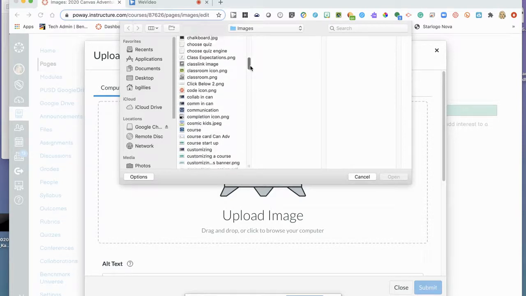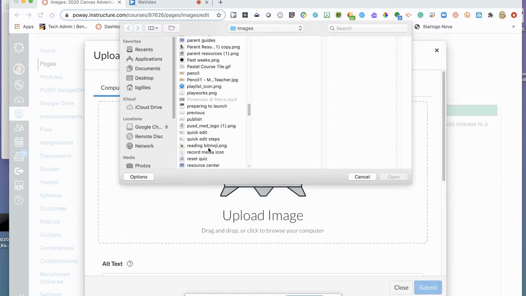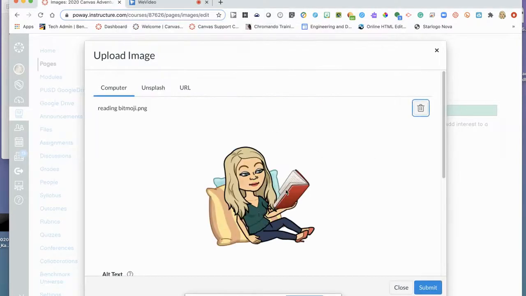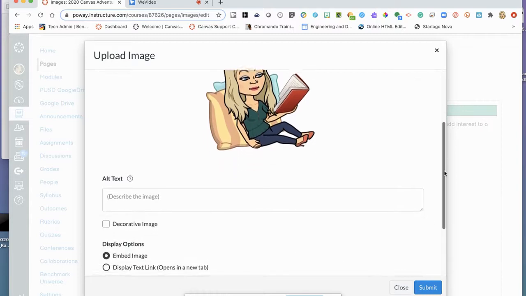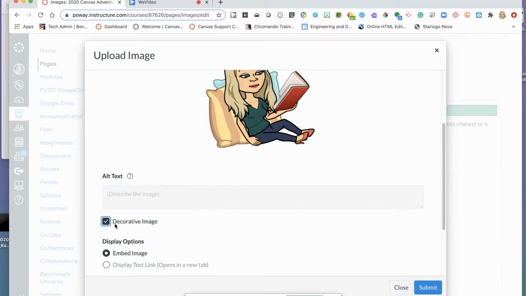I'm going to scroll down. I called it Reading Bitmoji, so I'm going to scroll down until I find that file. I'll get a little preview. Then I'm going to click on Open. You'll see it load in this box within Canvas. And then I also have the option of adding a description for the image for accessibility features. Or I can check the box that says Decorative Image,